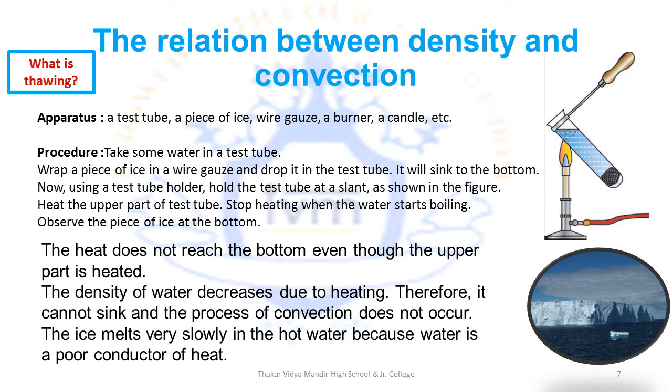When we learnt about convection using potassium permanganate crystals in a beaker of water and heating them up, we learnt that when water is heated, it becomes less dense and it rises up, then it cools down, becomes more dense, and then it comes down. Once it's heated up again, it becomes less dense and it rises up again. Then it cools down, becomes heavier, more dense, and it settles down. Let's learn a bit more about density, convection and conduction using another experiment.